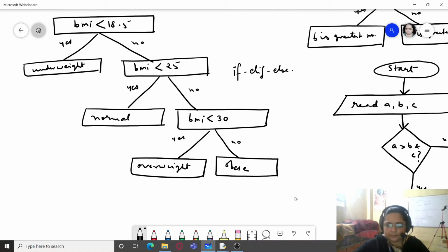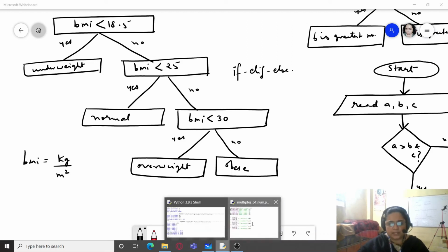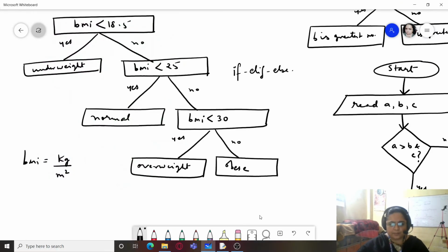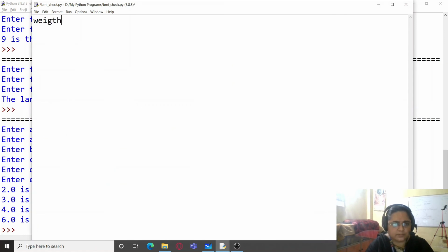The formula for calculation of body mass index is weight divided by height square, that is kg divided by meter square. So it is necessary that weight should be in kilograms and height should be in meters. So let us do this program. Let us first ask for weight of the person and save it in kg only.